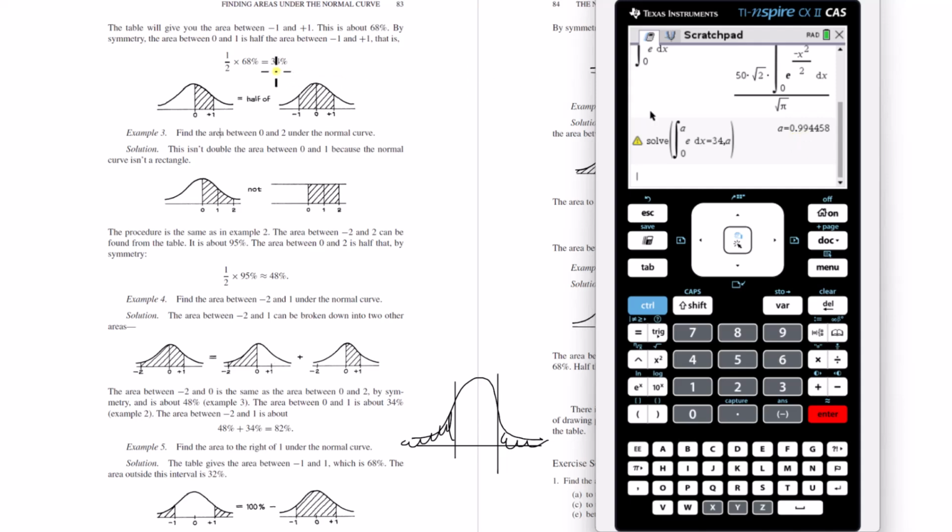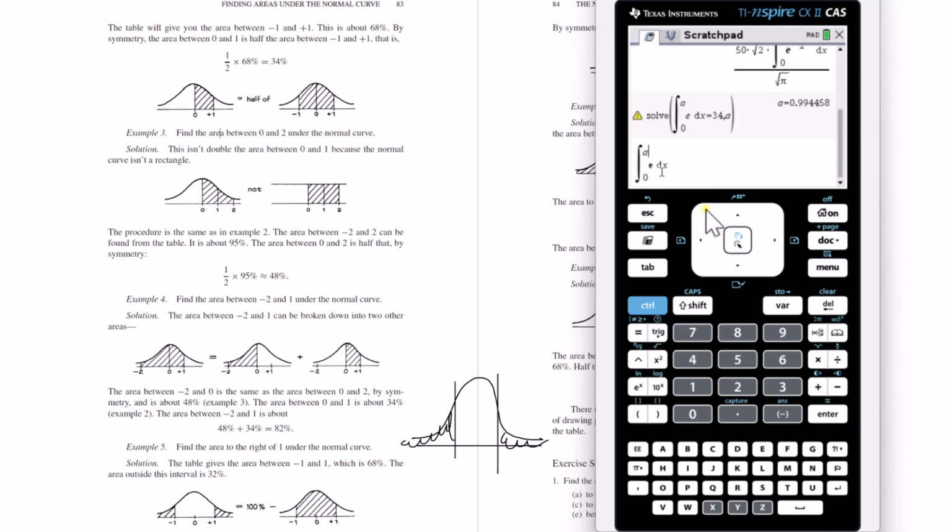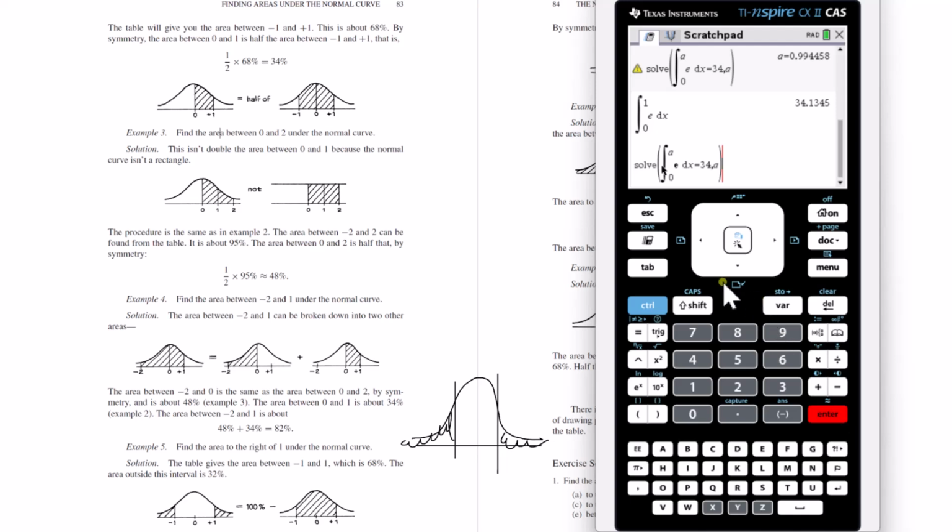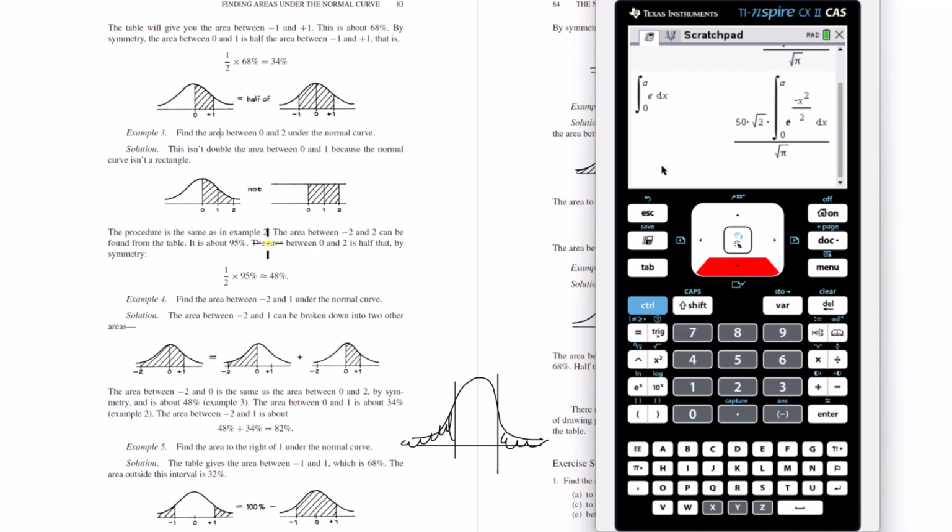If you have to go to the table and get the exact value, or if we take the actual area between 0 and 1, it is this. So if we did 34.1345, there you go, 1. You see, if we wanted to calculate, so we have the area between 0 and 2, we know is 48%, so we would